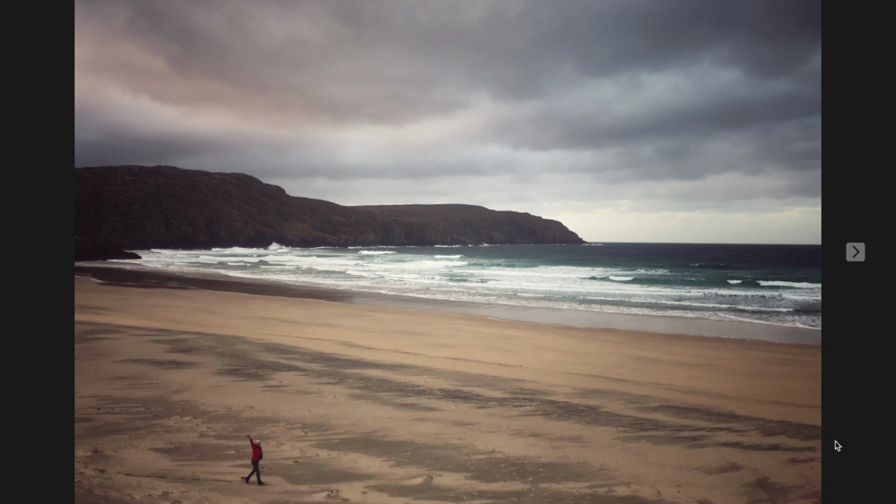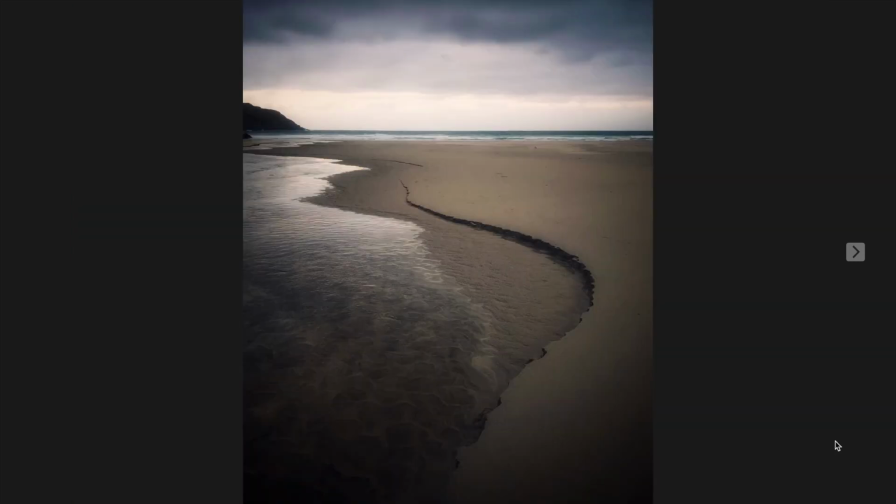So this is us actually down now at Cliff Beach, and again another little community place that you can park up your van. And look at this, we're by ourselves again, and again we had the whole beach to ourselves that evening, and then the following morning. And in fact, the evening before, I had been out photographing this little tidal outflow, and I actually had a little bit of a